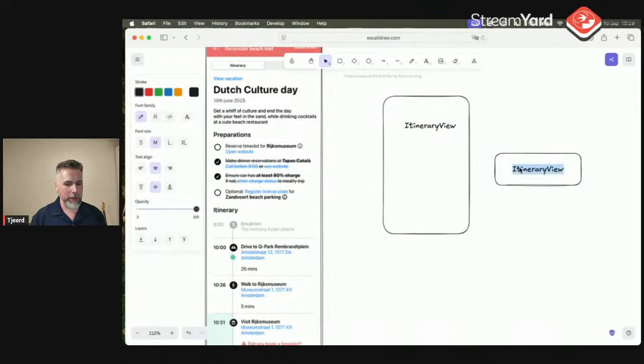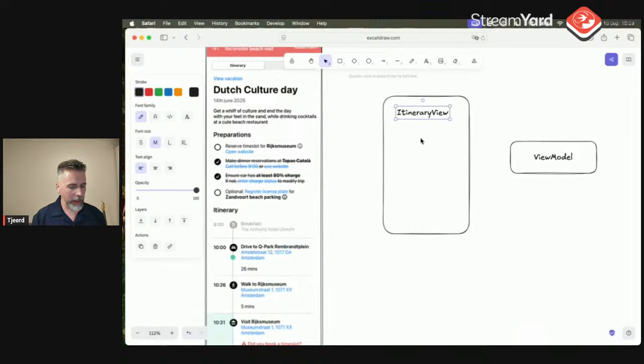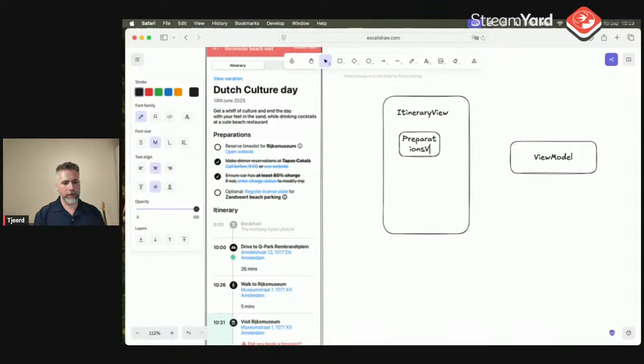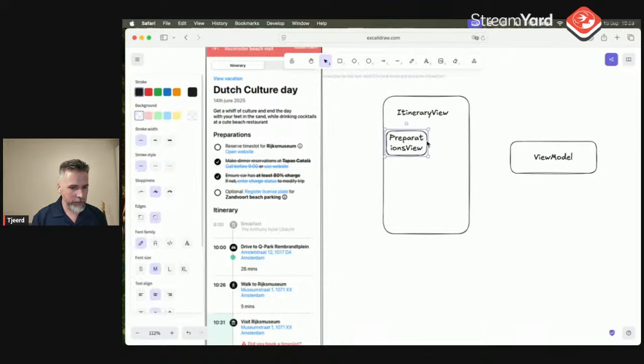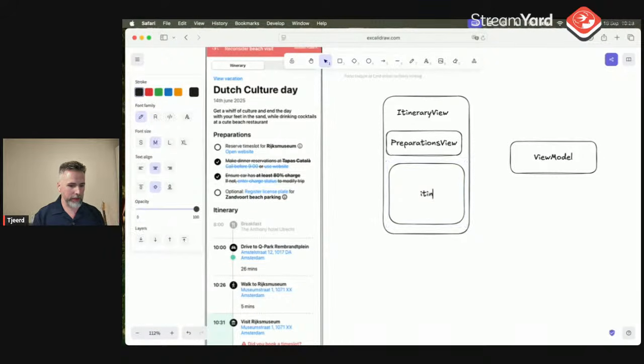And they would think maybe they need some sort of view model, and they would think I have a preparations view, and it's basically they see the UI, and they're really gonna cut it up, right? And then maybe this would be the itinerary view, and then maybe this should be the day trip.